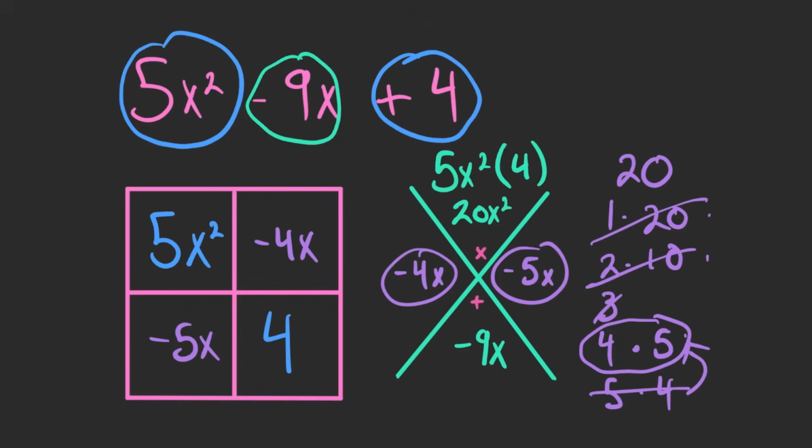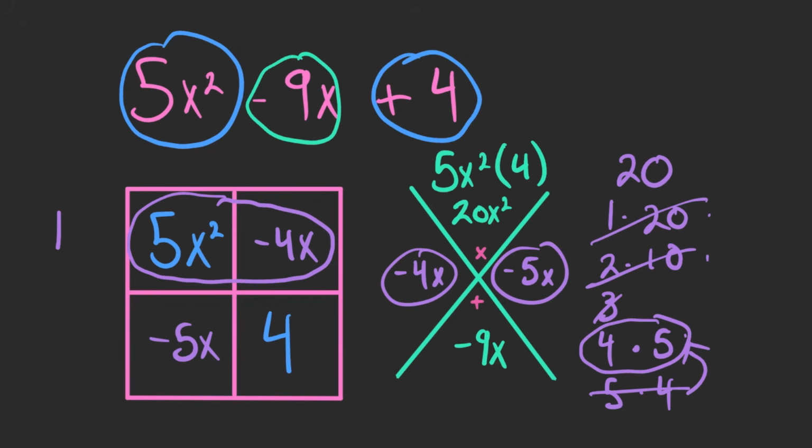All right, so now again, we want to find the GCF of each row and each column, but the reality is that I really only have to find the GCF of one row. Okay, and then everything else kind of falls into place. So let's see if we can find the GCF of 5 and negative 4. The biggest number that goes into 5 and negative 4 is actually going to be a 1. And then my rule for finding the GCF of whatever variables are there is to look at the smallest exponent value